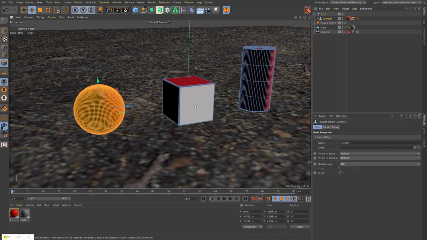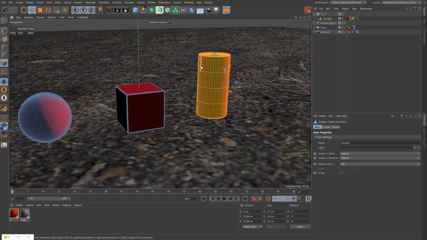And if I double click on the cube here, that is another mesh element. And if I double click on the cylinder here, this is another mesh element. So hopefully that helps you out in case you were confused as to what exactly constitutes a mesh element. All right, well, that covers pretty much all the basics when it comes to setting up the multi-shader